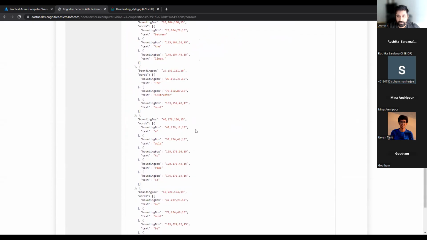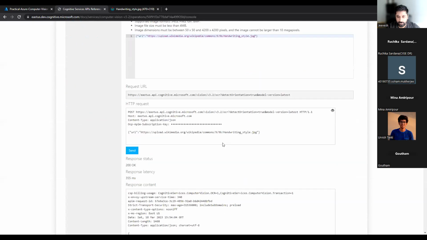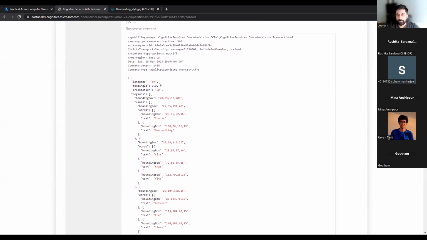So you see, when I send this image, it says choose a handwriting size that fits between the lines. So again, unique. Remember the fact, we have not trained it against something. We're just using the pre-trained models, and that's why the results might work, might not work, depending upon what we do. So when we use this OCR, it has selected the text.